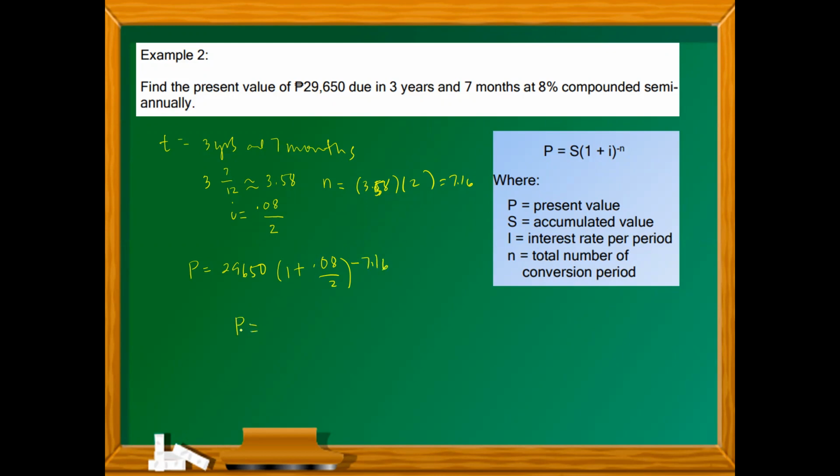So here, your P will result to, let's check. You check also. So again here, t equals 3 years and 7 months, approximately equal to 3.58. And then N equals the product of time and the compounding period. So we get 7.16. And then we round off the value to solve for P. So substituting the value, we come up with this value.